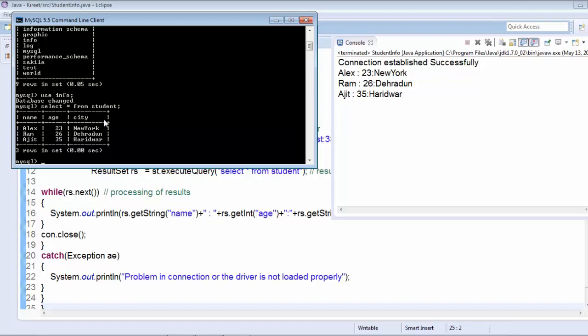In this way we have seen that the database connection has been established, and we can retrieve the data in this manner. The steps we have to remember are: how to load the class, how to set the connection, how to create the statement, how to execute the query, store the result, and process the result. Thanks, and practice some more questions. Create some more databases of your own and try to connect to them with the help of the program that I have discussed.